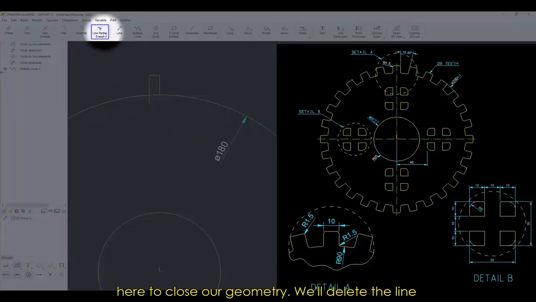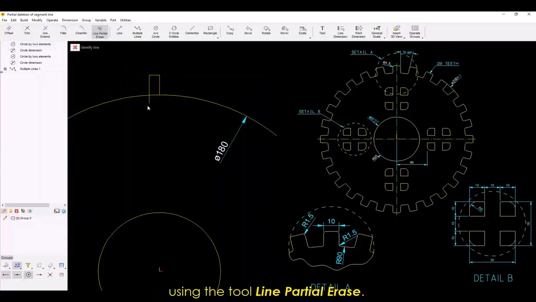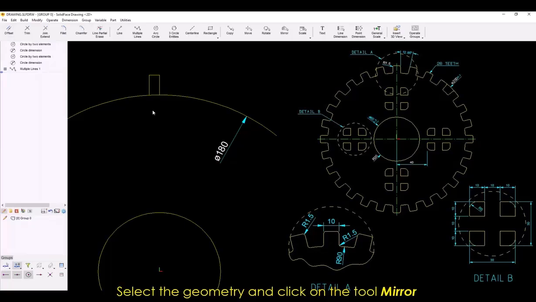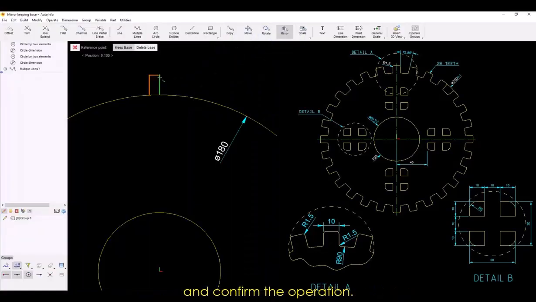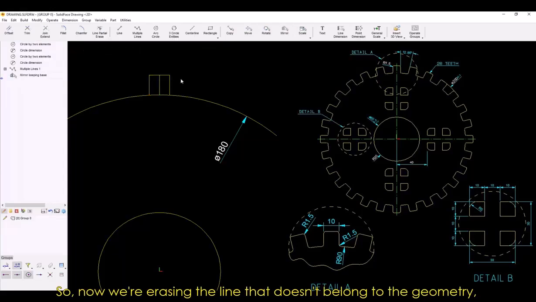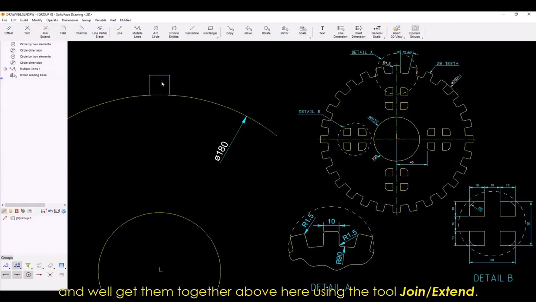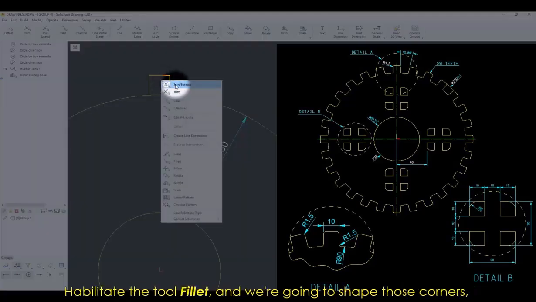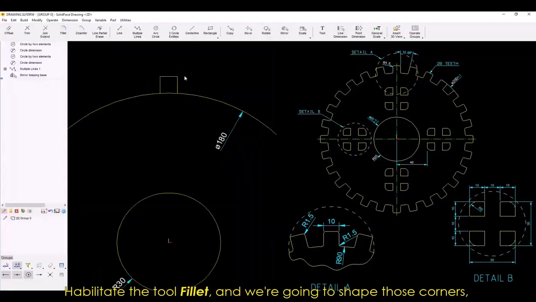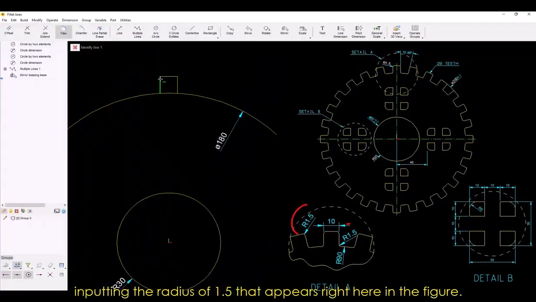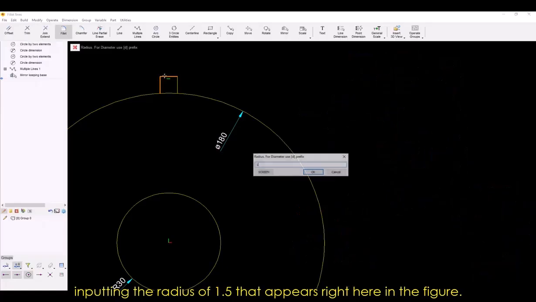We'll delete the line using the tool Line Partial Erase. Select the geometry and click on the tool Mirror and confirm the operation. So now we're erasing the line that doesn't belong to the geometry, and we'll get them together above here using the tool Join Extend. Habilitate the tool fillet, and we're going to shape those corners, inputting the radius of 1.5 that appears right here